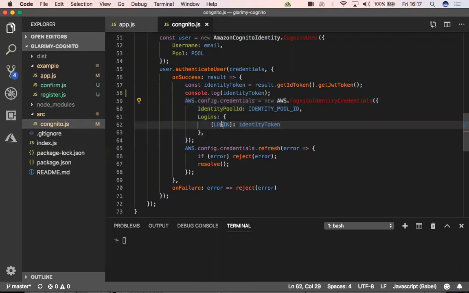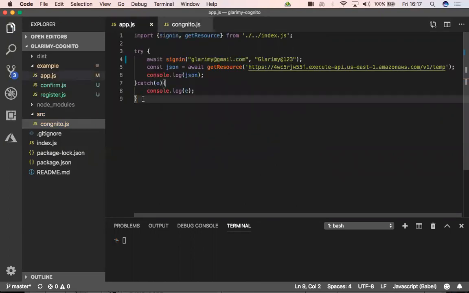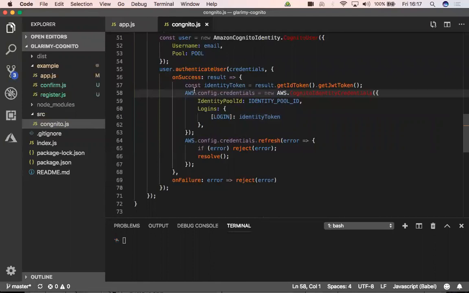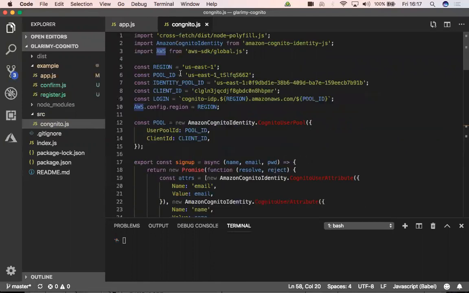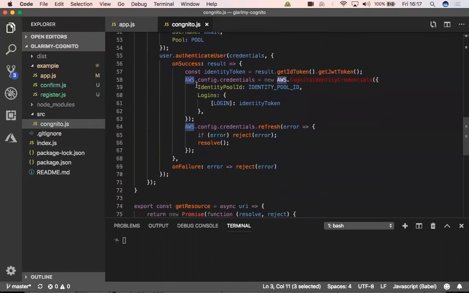For the given login, this is one more token, the identity token. I'm adding that identity token so that it is stored in the application. That means until this application is completed, that particular token is available in memory, as a variable. What is that variable name? It is the variable AWS, which is coming from a different library called AWS SDK, which takes care of these things like caching and so on.